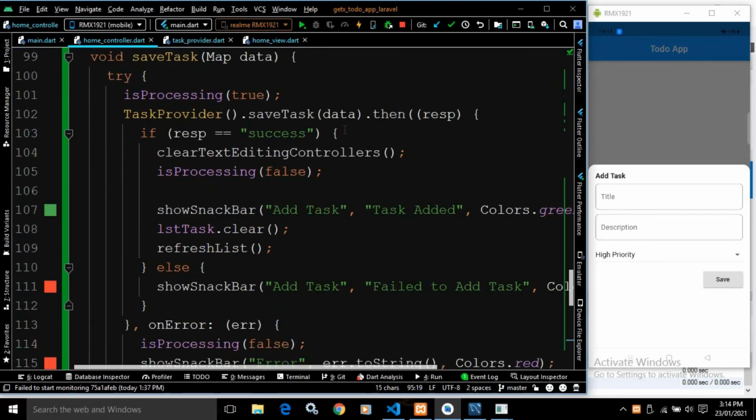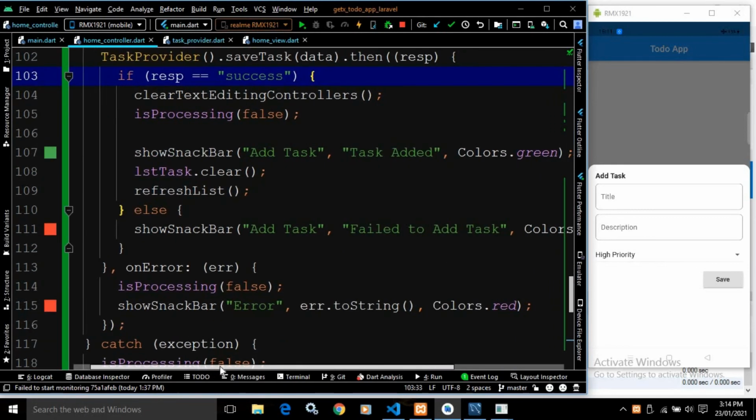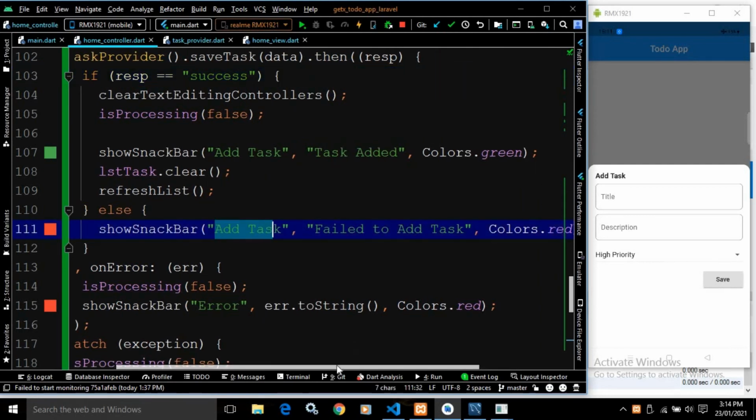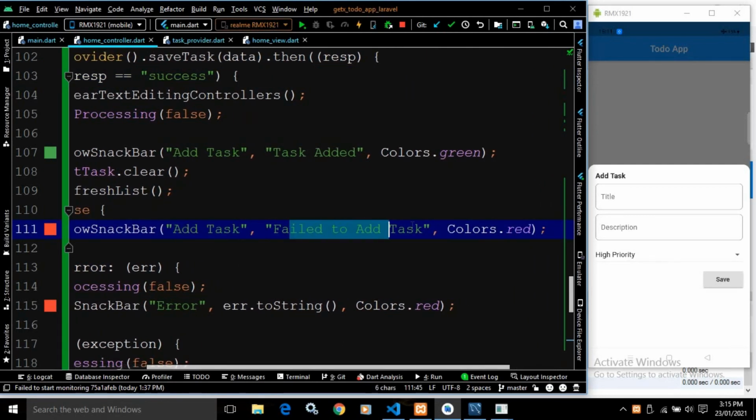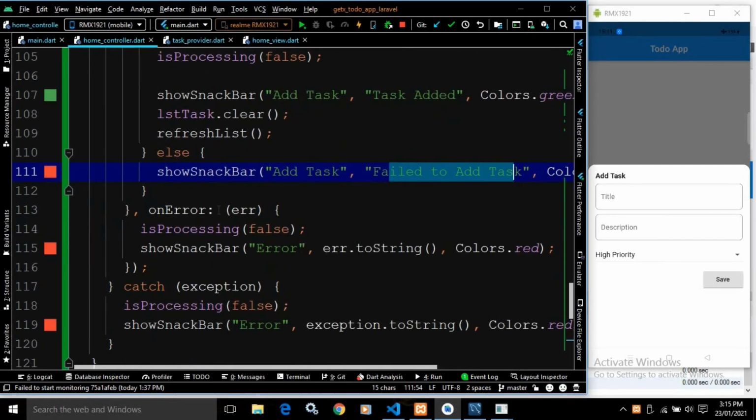Now here, if the response is not success, then this else portion will execute. In this else portion, again I am calling the show snack bar method, having the title as add task, having the message as fail to add task, and the color as colors dot red. Okay, and while saving the data, if there is any kind of error, then this on error will be executed. Here is processing will be false, and again the show snack bar method will be called, having the title as error, message as error dot toString, and the background color as colors dot red.